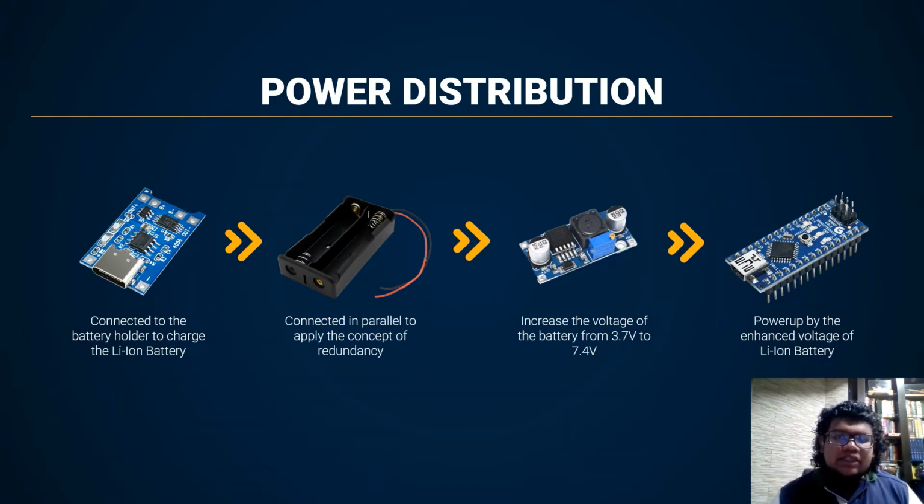Since these batteries are connected in parallel, the output voltage from the batteries is about 3.0 volts. However, the Arduino Nano needs at least 5 volts to operate. Therefore, we use an SL6009 DC-DC step-up voltage booster to boost the voltage up to 7.4 volts. Therefore, this voltage can be used to power up the Arduino Nano and then all the